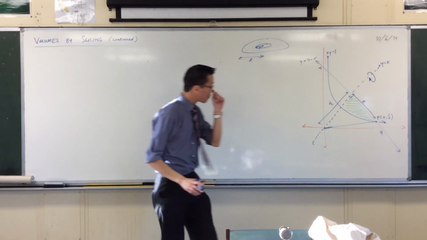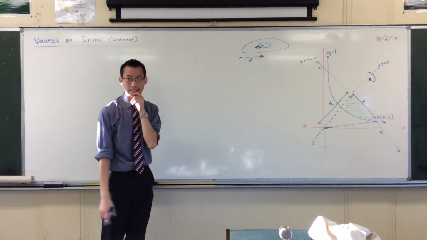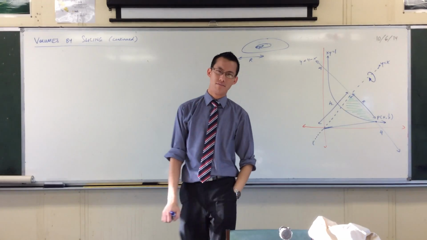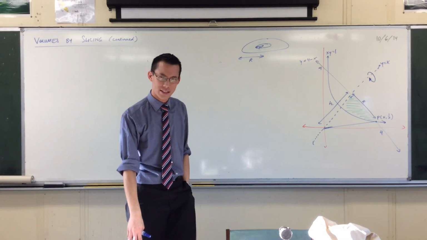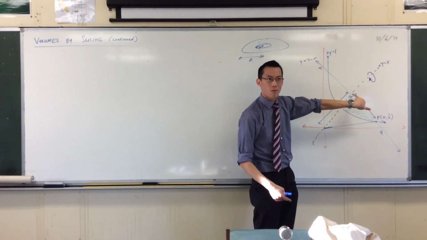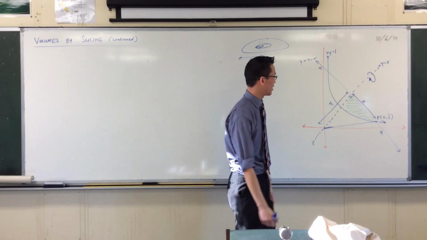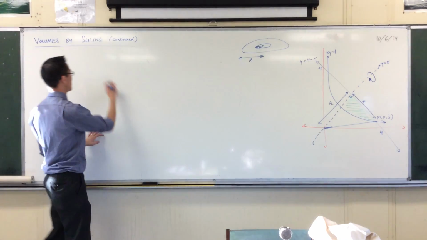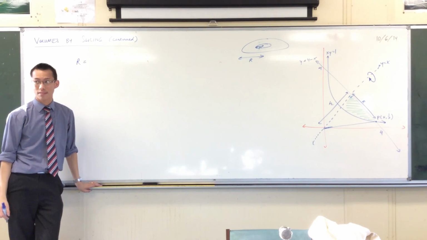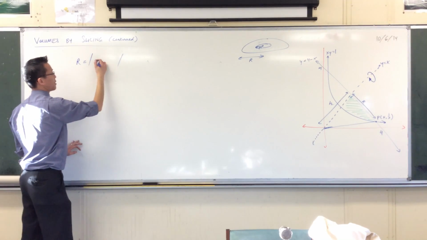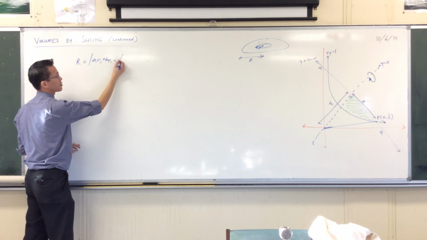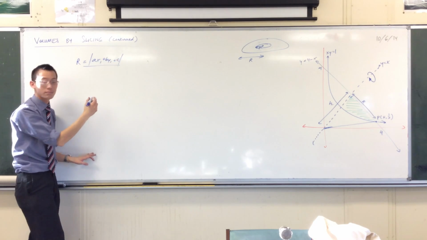But before I get there, how can I get a relationship between these two? I can use perpendicular distance, can't I? That's what this is, like that there. That radius, in fact, I want it to be perpendicular. So how would I write that? Let's see. R equals, what's the perpendicular distance formula? It's the absolute value of ax1 plus by1 plus c, right? All over